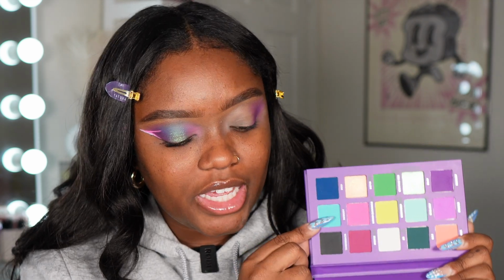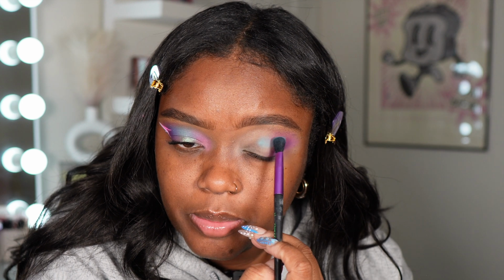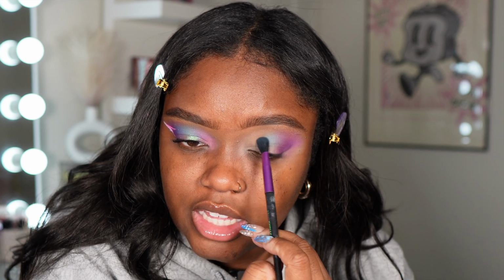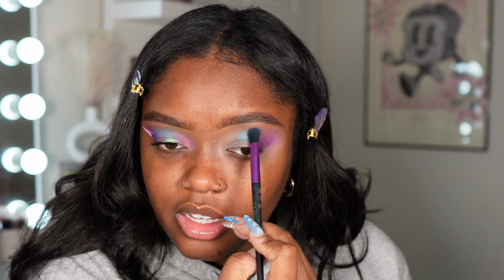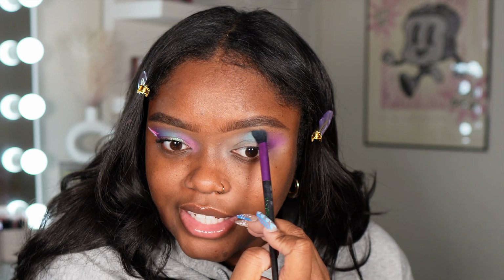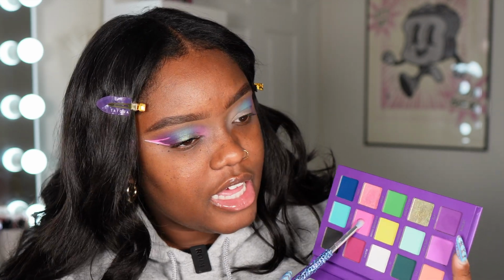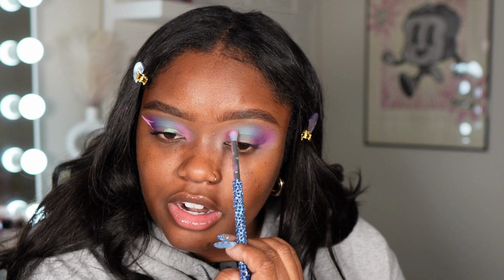Next, I'm taking this blue right here, using a different brush. I'm gonna place this blue right next to this purple and start to blend it together. And I'm gonna build up this blue until I get the intensity that I want. There is a lot of blending involved, so you're gonna have to blend and go back and blend, go back and blend. Now that this is roughly blended, I'm gonna take this pink right here, and I'm also gonna take this lighter peachy shade here, and that's gonna be my inner corner